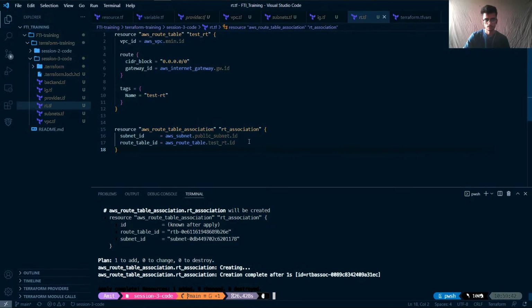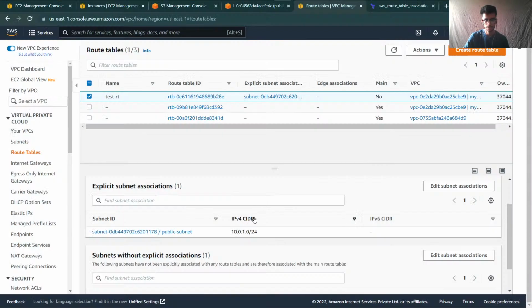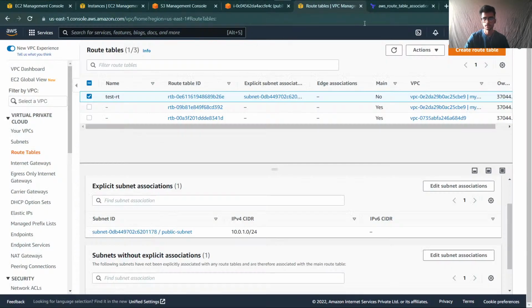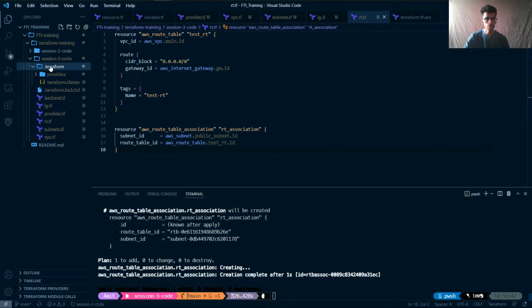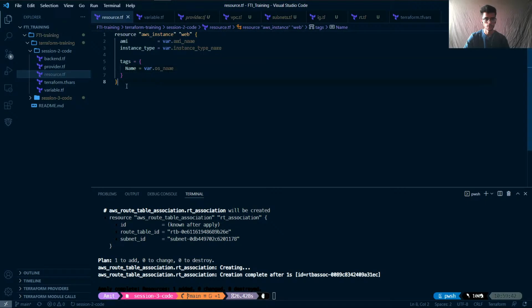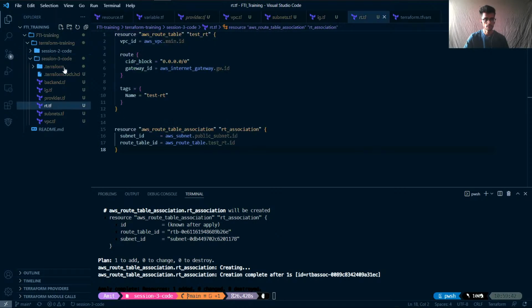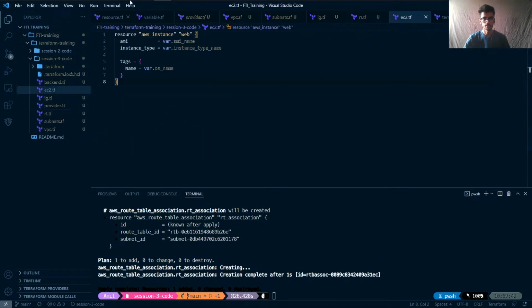Now this part is done, so everything is done. Now we'll go back to our EC2 instance. Here we have the code of the EC2 instance, so you can take it from here as well. So this is your resource.tf and this is your EC2 instance. Okay, so come here in the session 2 code, ec2.tf, paste, and this is your, let's say, public instance,